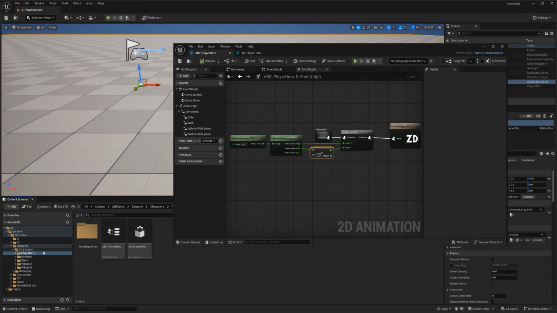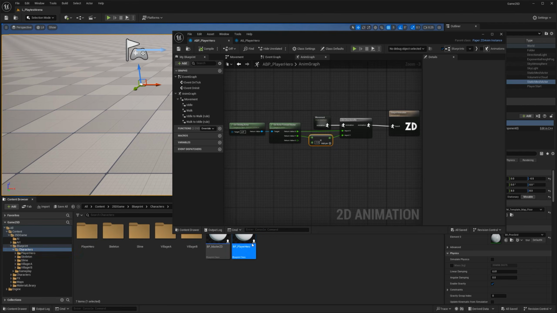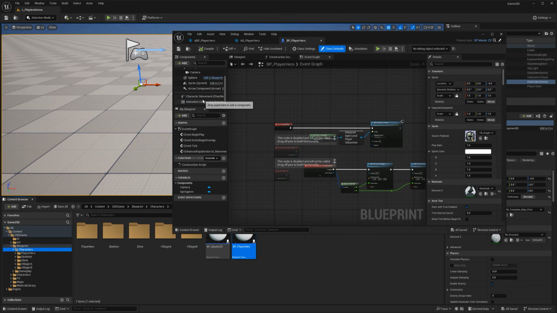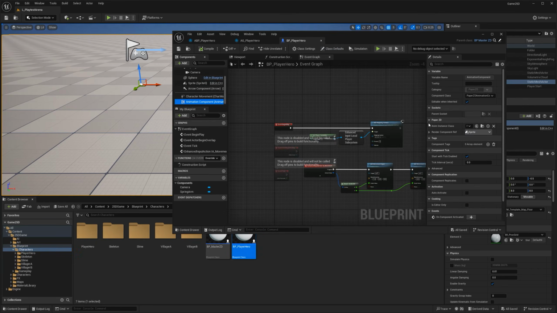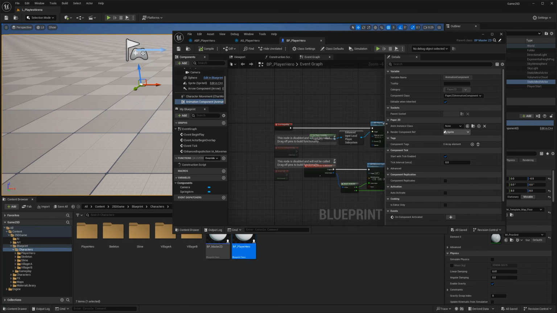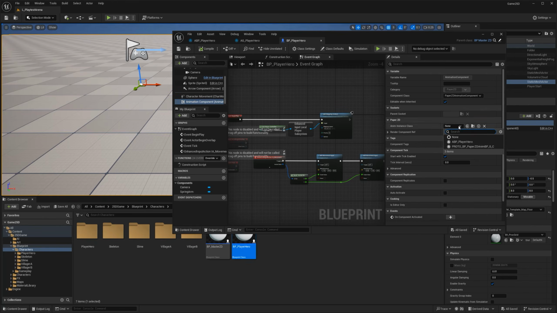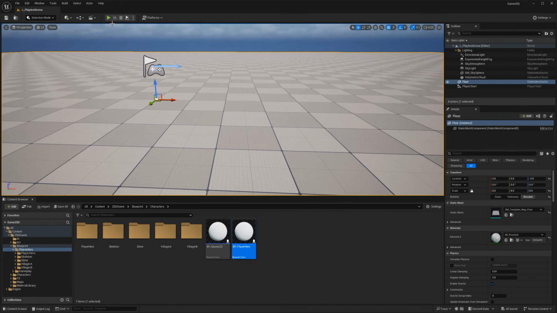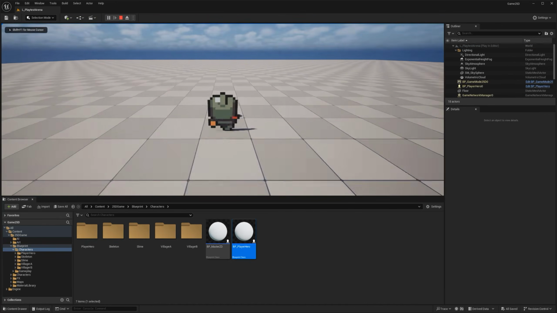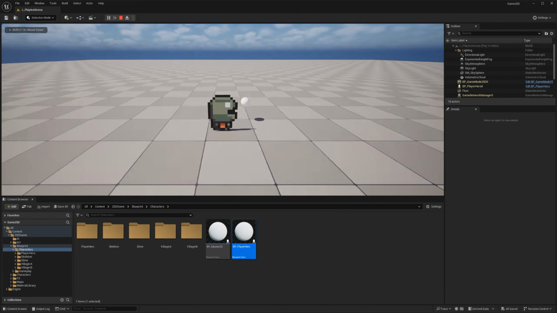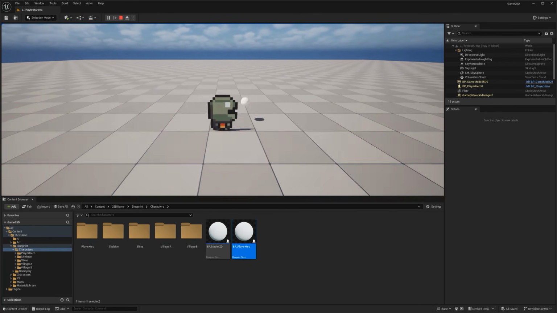So we're going to go to our blueprint, our hero, and you're going to see here there is something called animation component. That's the one that we want to play with. So we're going to go here and say ABP player hero, compile, save. And if I did everything correctly, which I think I did, let's press play. Hey, look at that. Now it's doing exactly what we wanted.